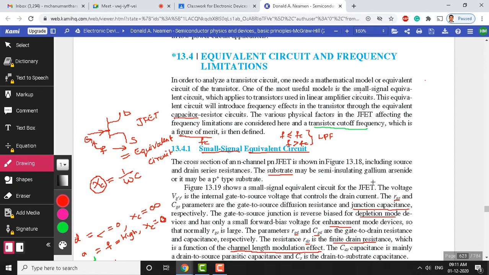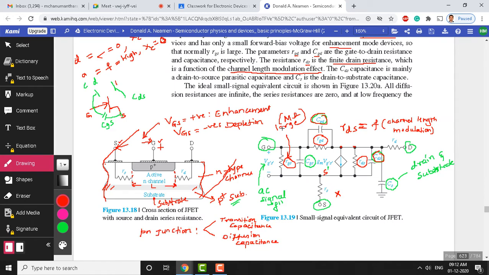Let me put it like this: the capacitance whose value is very high, and that limits the frequency, right? We are interested in frequency limitations, right? Yes, sir. Okay, the capacitance which affects the frequency is most important for us. Among these four or five capacitances we have seen here, we need to identify which one is affecting the frequency. There are many unnecessary, unwanted capacitances here. For example, let me take this CS. Though there is a capacitance between the drain and substrate, this capacitance does not affect the cutoff frequency very much. So, this capacitance can be removed in our approximated circuit.